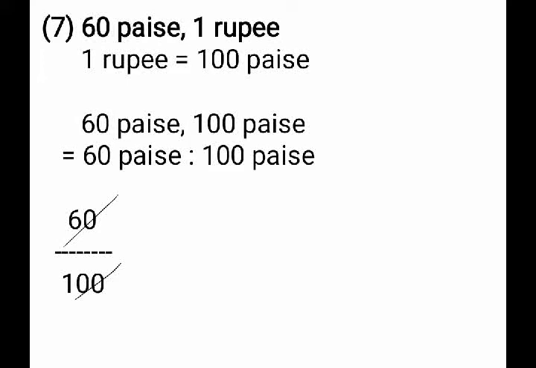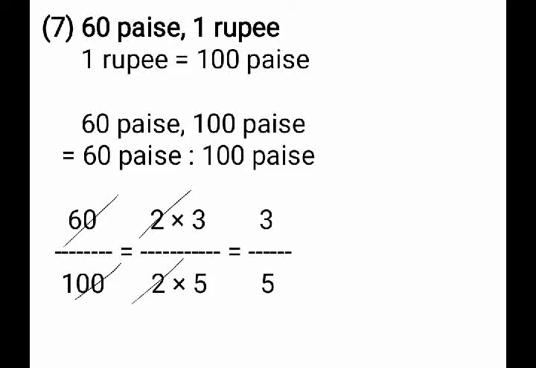Write the multiplication form. 2 3s are 6 upon 2 5s are 10. Cancel 2 on numerator and denominator. So what will remain? 3 upon 5. The ratio form of 3 upon 5 is 3:5. Next,